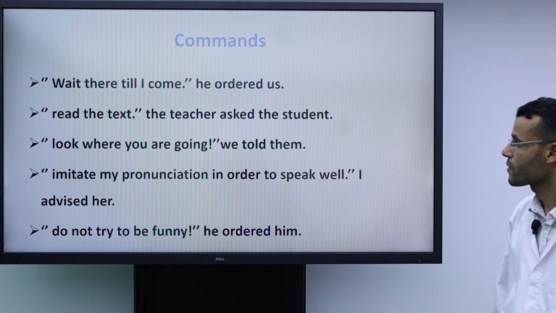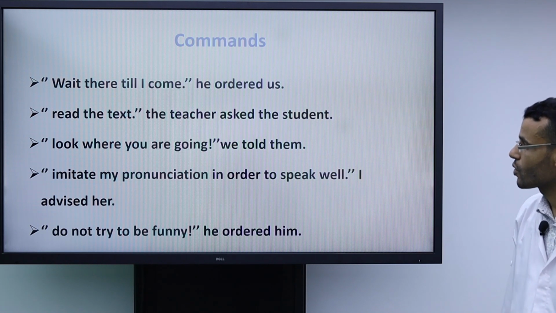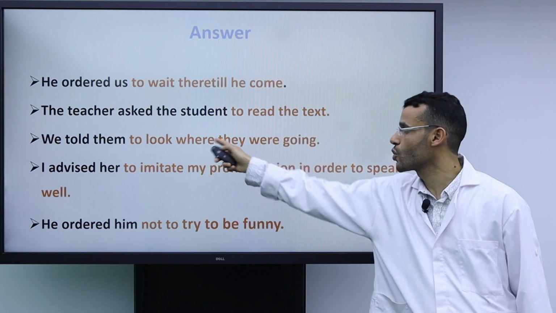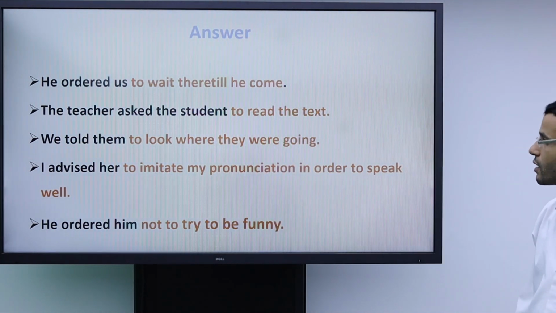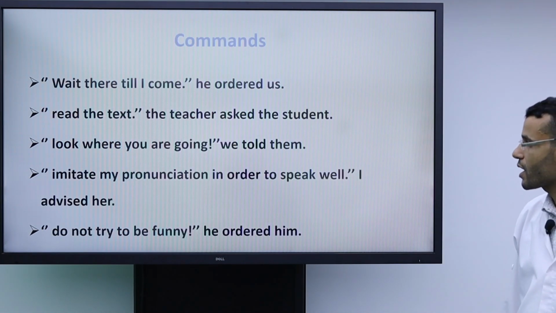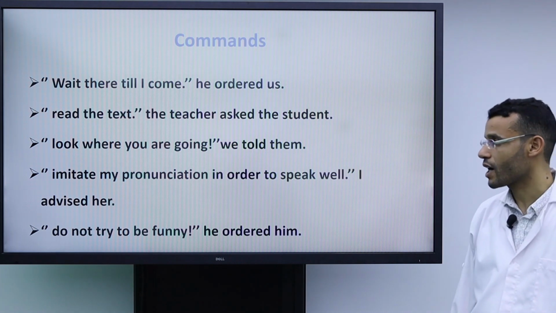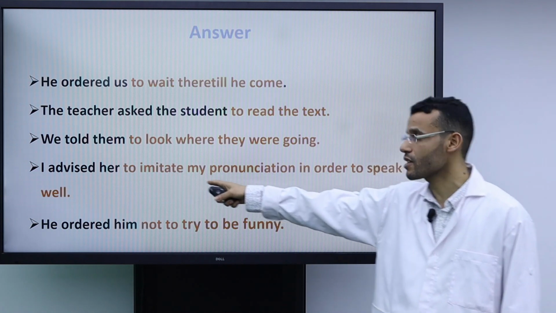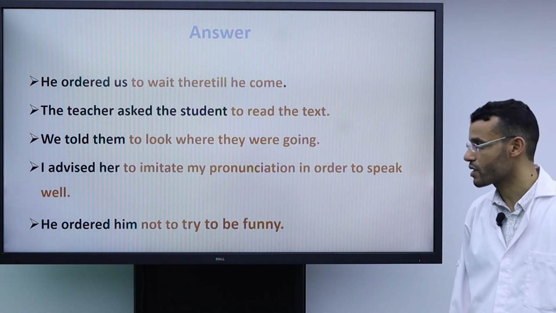And number 3, look where you are going. We told them. So we told them to look where they are going. And the other one, imitate my pronunciation in order to speak well. I advise her. So I advise her to imitate my pronunciation in order to speak well. So the rule is that